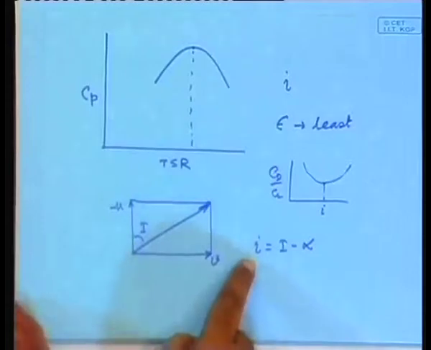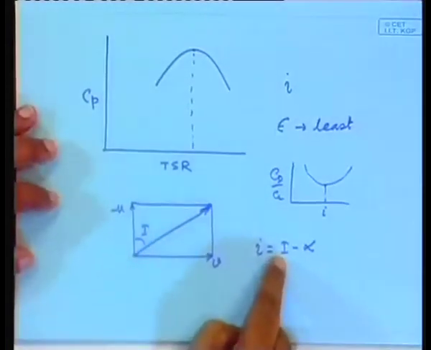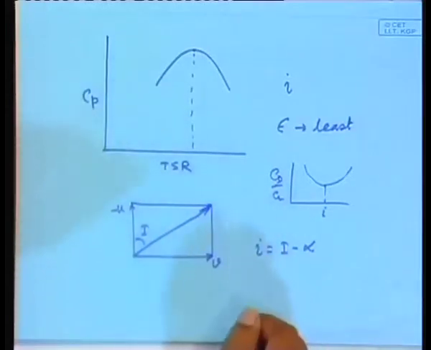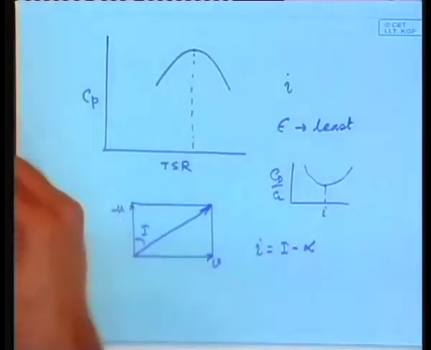Are you really sensing all the time what is capital I? No. Are you really sensing all the time what is small I? No, because in that case you have to have sensors along the blade, which you cannot really do. So, how to do that? There are two ways of doing this. One,